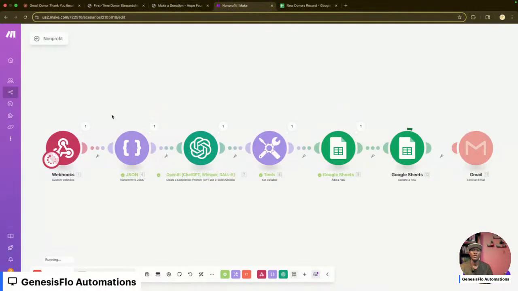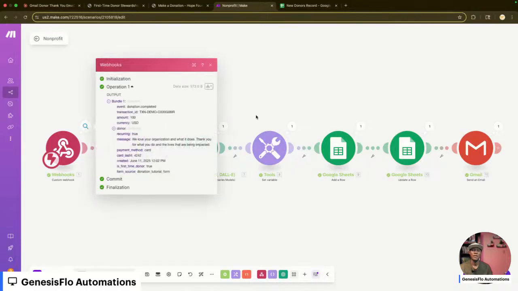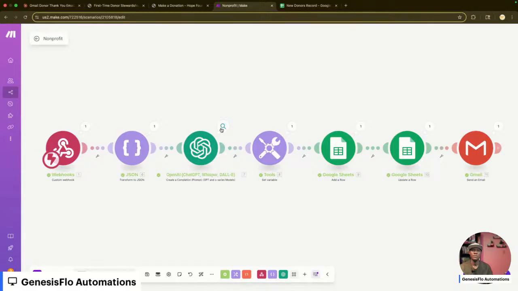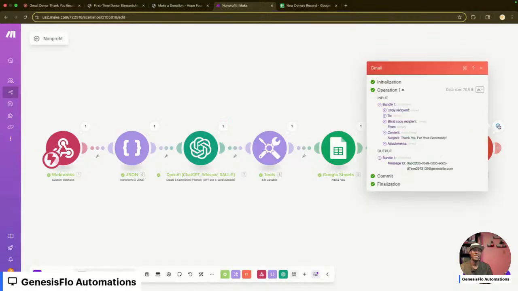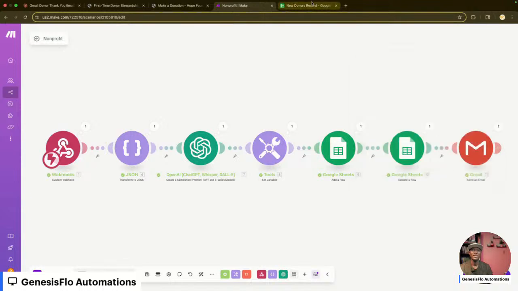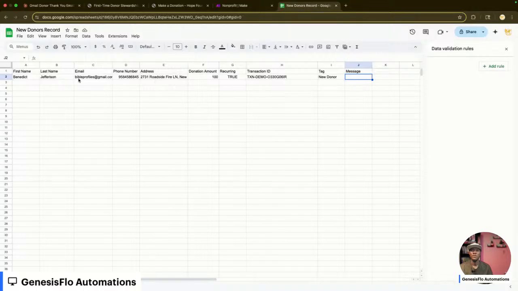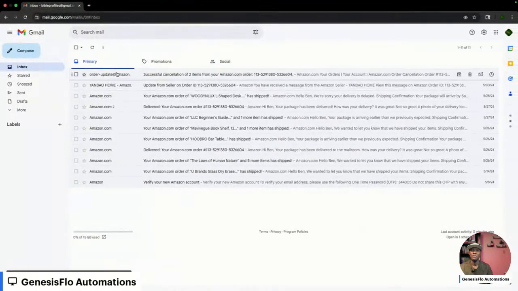And then when we go to our automation, we can see that it went ahead and collected the information and stored it in the database. And then it went ahead and sent an email. So did we get the email? First, let's see if the information was stored. Yes, the information was stored in our database. It was tagged a new donor. And then did we get the email?